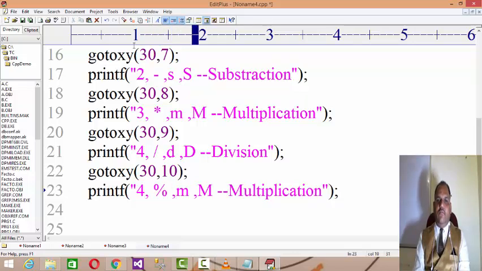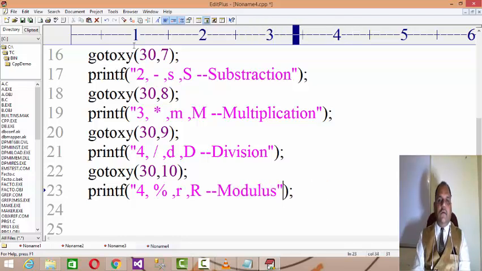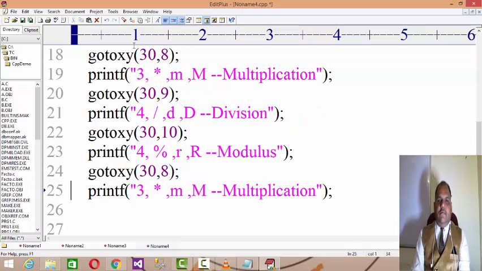And then m is already taken for multiplication, so I will write r for remainder, meaning modulus. And then I will say on 30 comma 12,